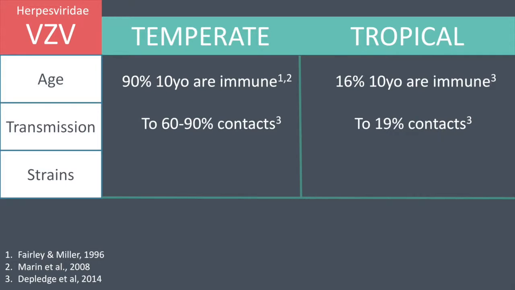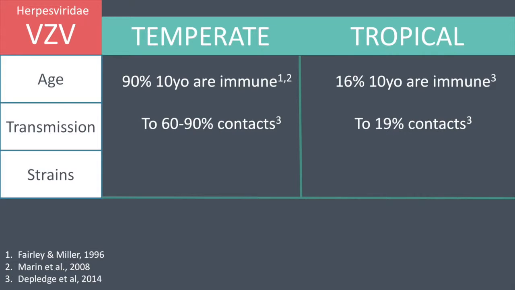In contrast, chickenpox has a much different epidemiological profile. It's a member of the herpes virus family. And what's interesting is that the epidemiology is very different in temperate versus tropical regions. This is mostly due to climatic factors, it's thought. Temperature, humidity, and exposure to UV light can inactivate the virus. And so